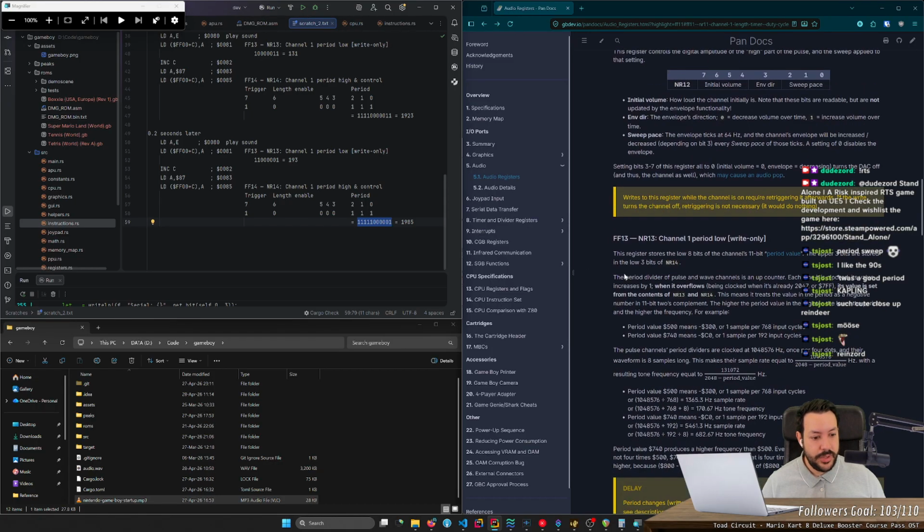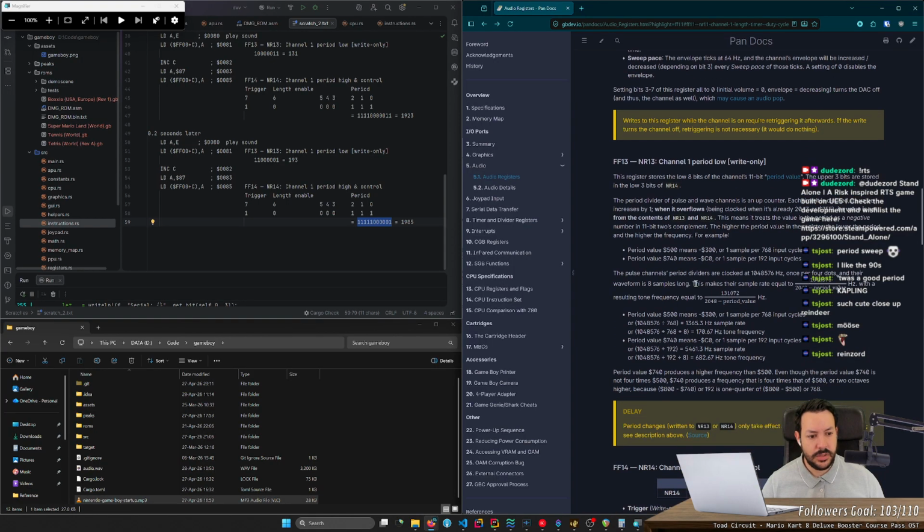Okay, so if period is this, period value, this makes their sample rate equal to Hertz with the resulting... Okay, so what the hell is a sample rate? And why is a sample rate different than a frequency? I mean, this is just like 8 times one or the other. Oh, because the waveform is 8 samples long.